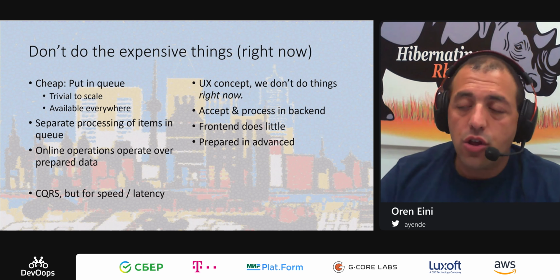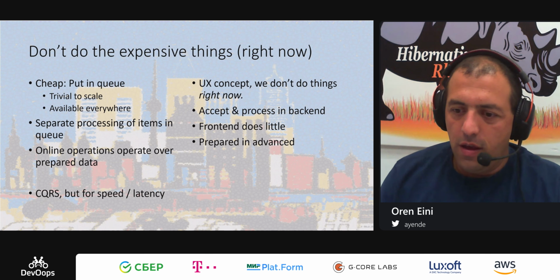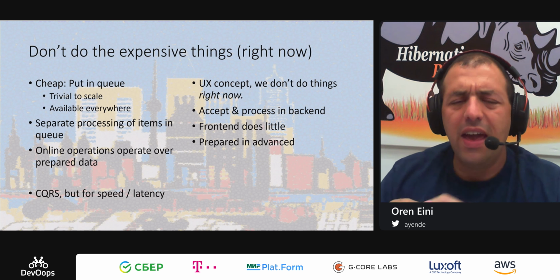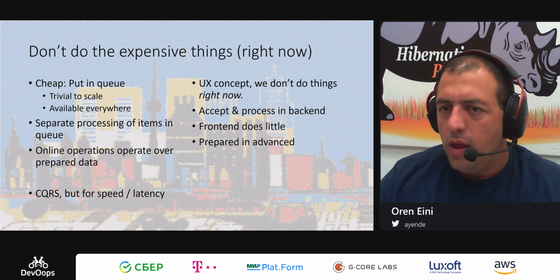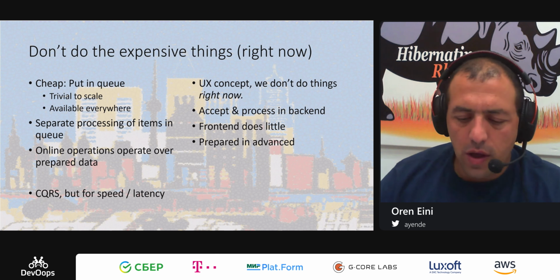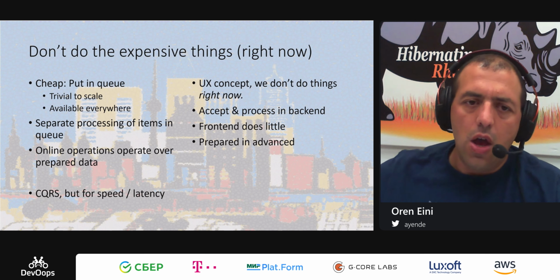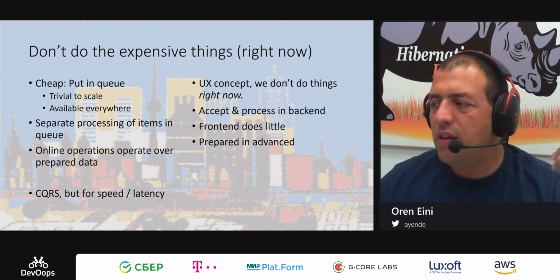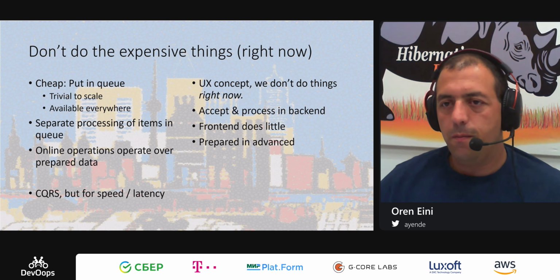A distributed queue is actually a really interesting exercise in how you build and manage that, but conceptually it's very simple. And no matter where you are, you will always have some queue available to you: SQS, Azure queues, GCP also has something, Kafka, RabbitMQ, whatever. Queues are always there. So if throwing something to a queue is cheap, then I have successfully deferred the amount of work that I have to do. So I can accept a lot more work.